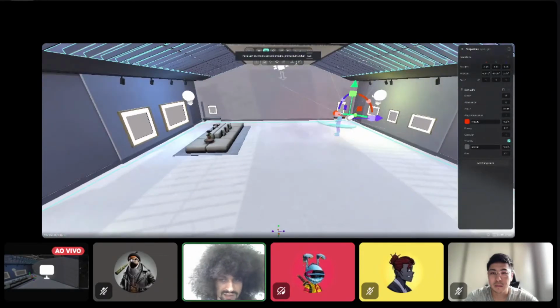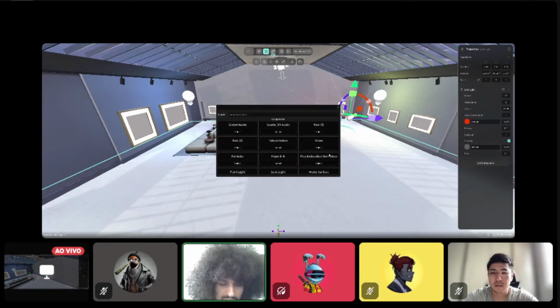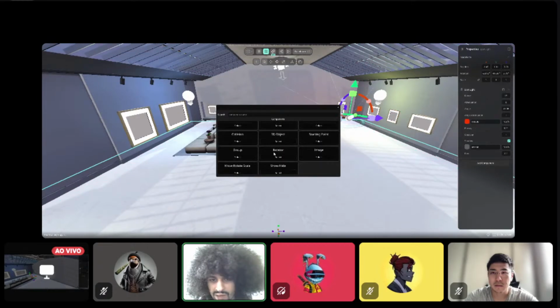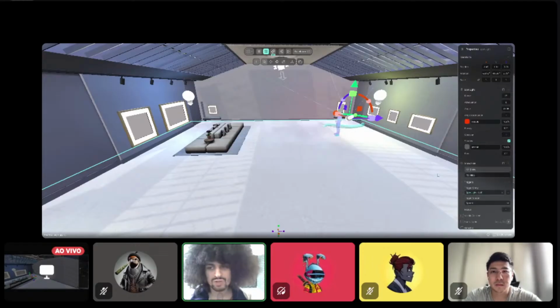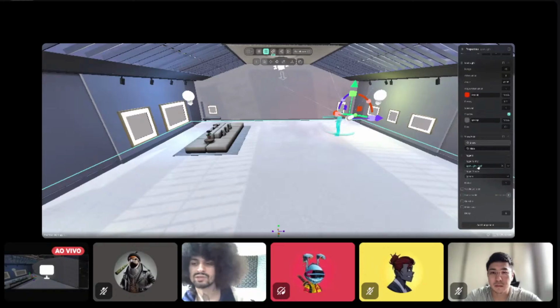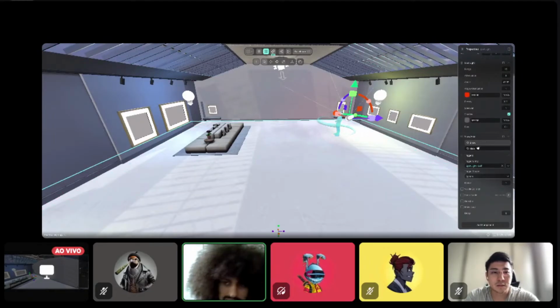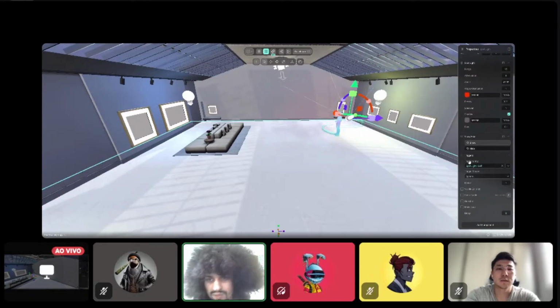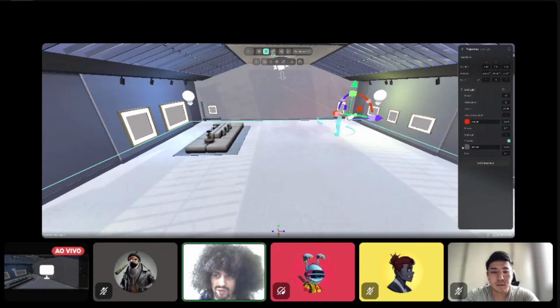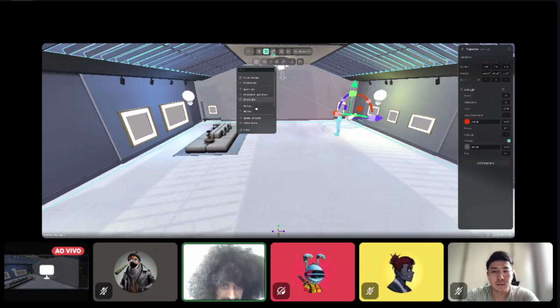So those are the three light systems that we have. Remembering that we can always add components to it. So if you want to make a gamification in the light, like if you want to show the light only after you enter a certain spot of your world, you can use a show hide, and then you can specify which is going to be the trigger and the trigger type, and all that you can learn seeing the last webinar as well. Today is going to be all about the component settings itself.